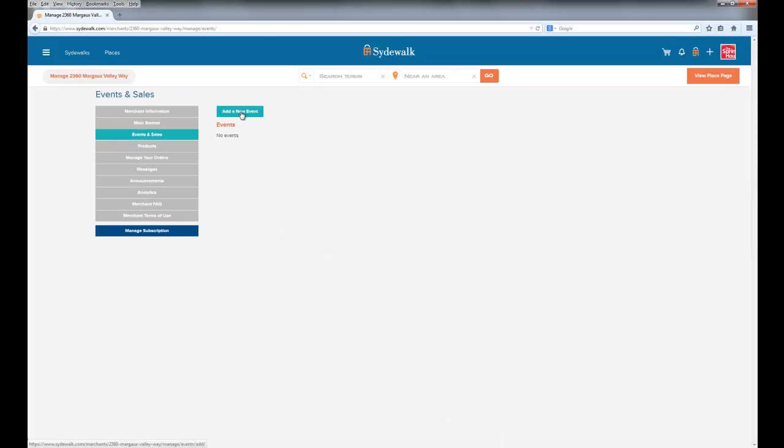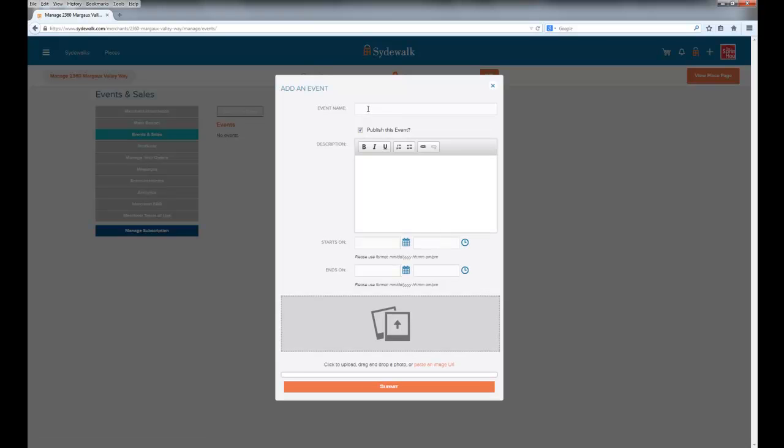There are no events here, so I'm going to add a new event. I can give the event a name. It can be whatever I want. I'm going to call this Open House on Saturday. In this little editor, I can bold, underline, italicize, add bullets, etc. This is a rich text editor, so I can say